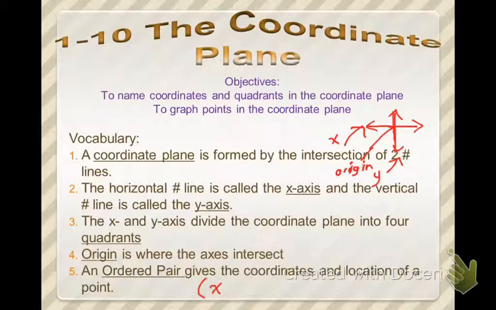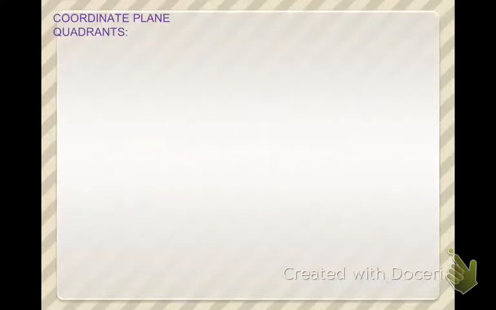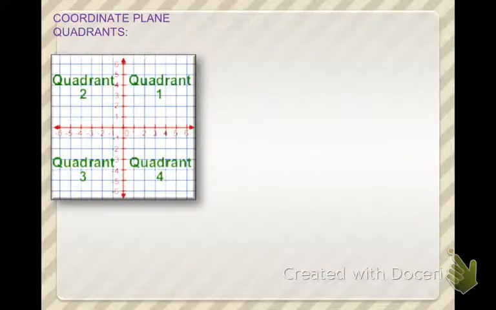An ordered pair gives the coordinates and location of a point. So it looks like this. You have an x point and a y point, and where they meet together is what the name of this place is called. So on this one, the coordinates of the plane, you have quadrant 1